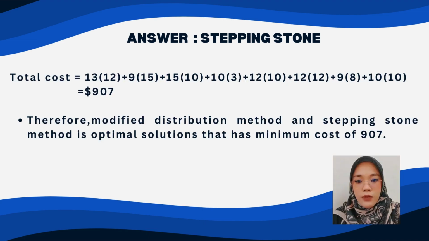last cell. After the new value has been allocated in the cells, we will calculate the new total cost to find out whether the cost is reduced and can be minimized. So the new total cost calculated is $907. Therefore, the modified distribution method and stepping stone method is the optimal solution that has a minimum cost than the northwest